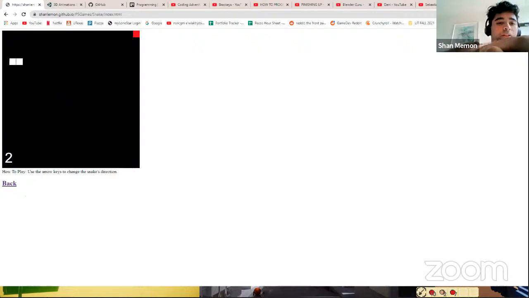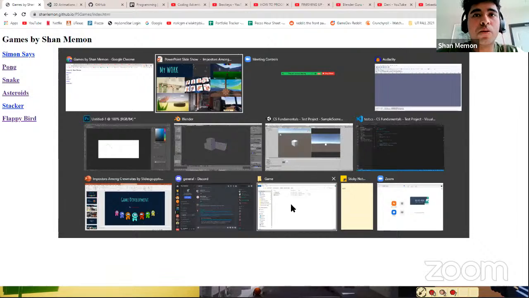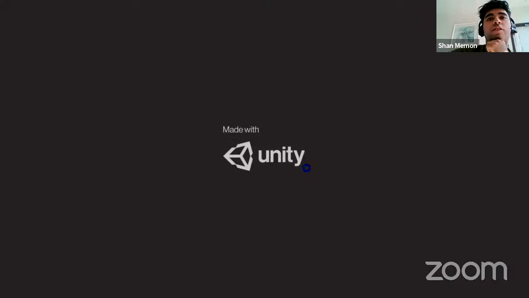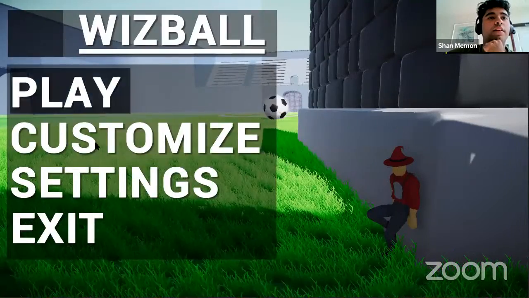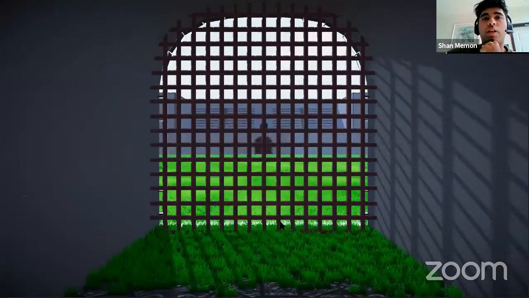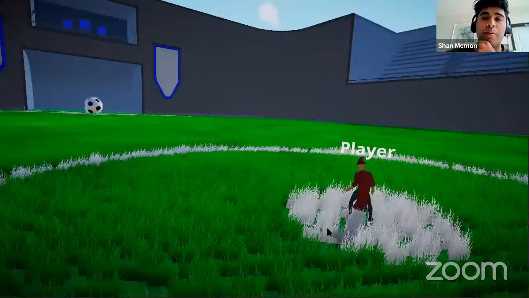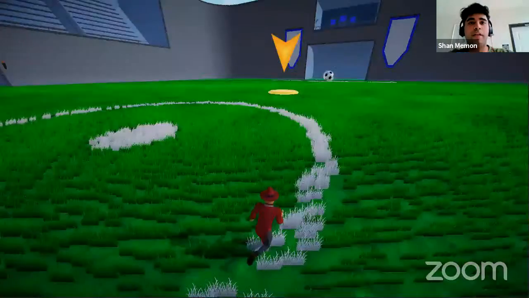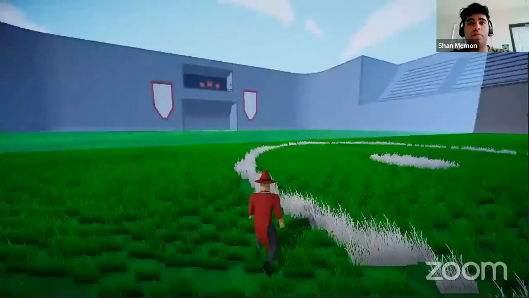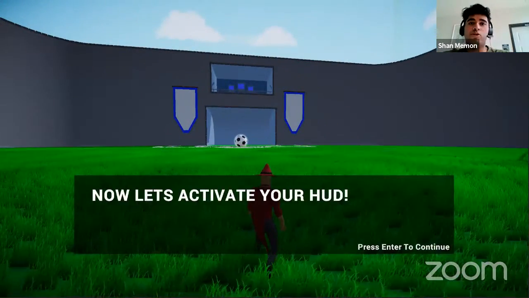And then I also did some 3D games. One is right here that me and some friends created a few years ago, with a UI system. And yeah, this game was quite a learning experience. Now that I look back, the code was terrible, but I mean, that's how it goes in the beginning. But it was quite a fun game to make. We learned about animations. You can see this player has animations, it has a camera controller, it has movement and such. We have a tutorial right here.